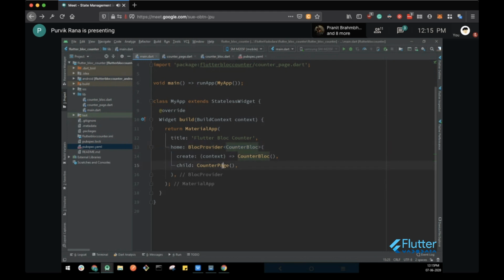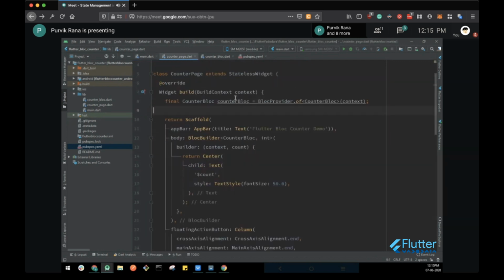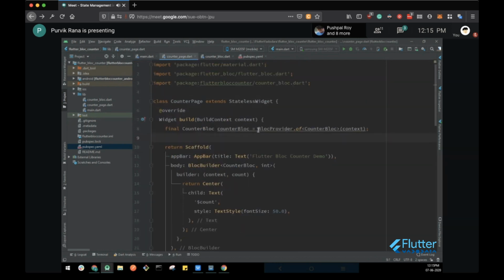Now inside the counter page, how can you access this particular bloc? You can use the syntax BlocProvider.of with the counter bloc type and the context. I think it is the same as the Provider.of context that we have for the very basic thing. You can use the concept of BlocProvider.of context, but for that you have to specify the type of the bloc that you are accessing. That is the counter bloc we are accessing from the parent.